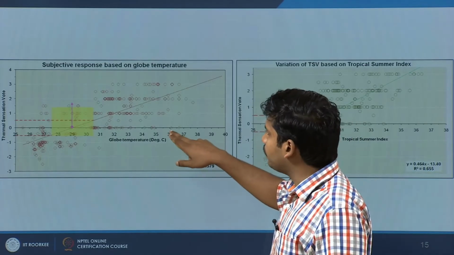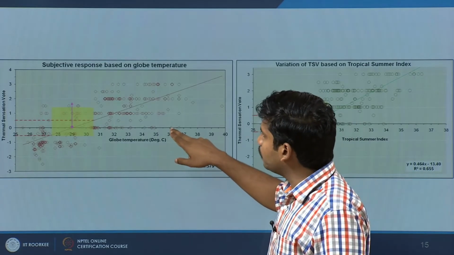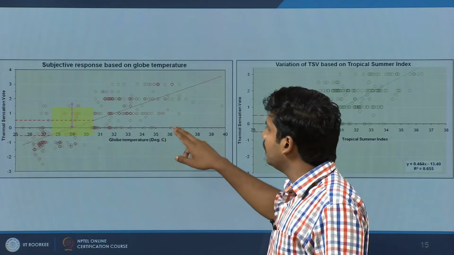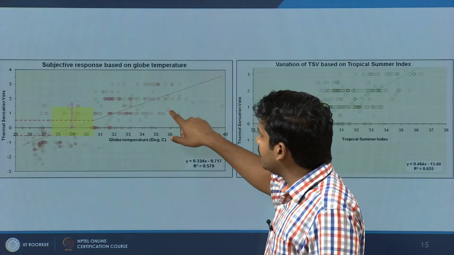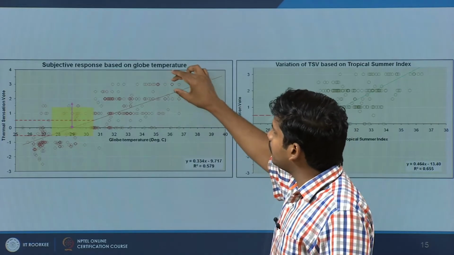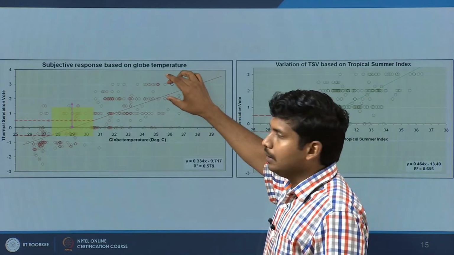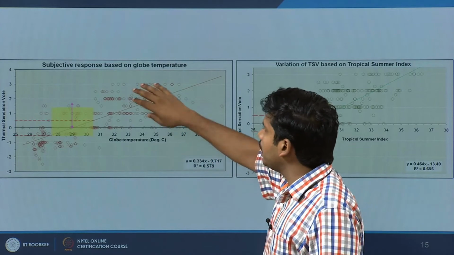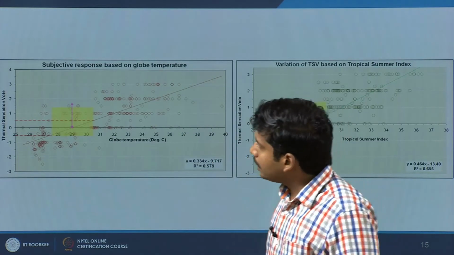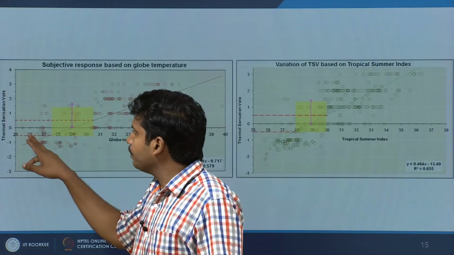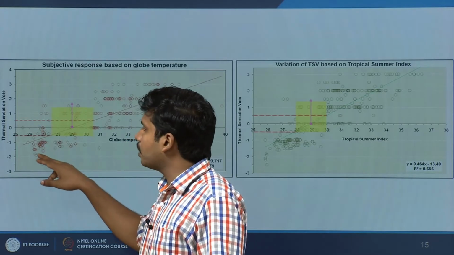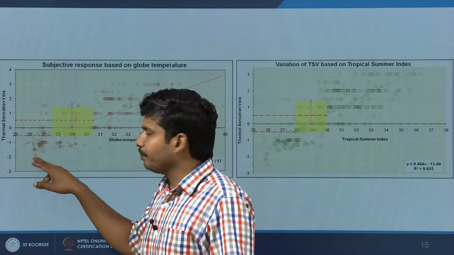But still what we found, there were a set of people who were also saying they were okay with it, that is they said it is thermally neutral. I will tell you who said those things. Then there are a set of people who are responding somewhere between 1 and 2, and there were a good amount of people responding between 2 and 3. You get more data of course on the higher side as the temperatures go up, whereas if you see temperature like 26 degree, you still have some people saying I am thermally neutral, but still you find more number of votes coming towards the colder side.